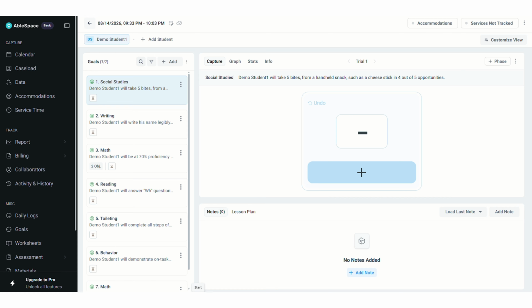The improvements I would prioritize are session timer, a quick session summary, collapsible goal panel, easier note taking, and keyboard shortcuts. These changes could improve the overall experience without changing the basic structure of the existing workflow.